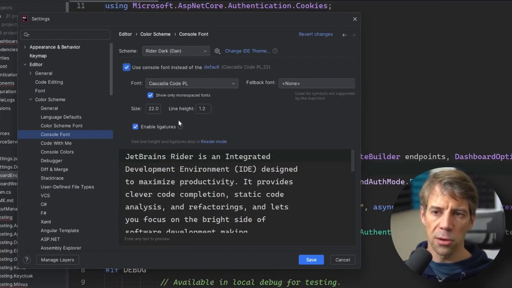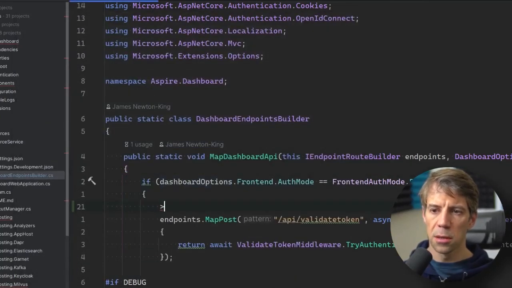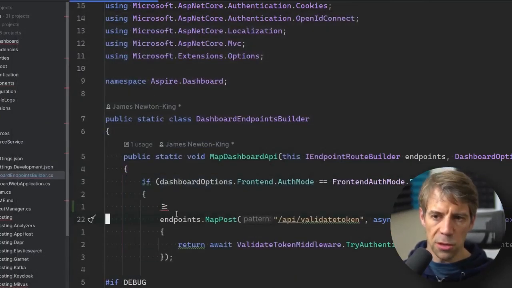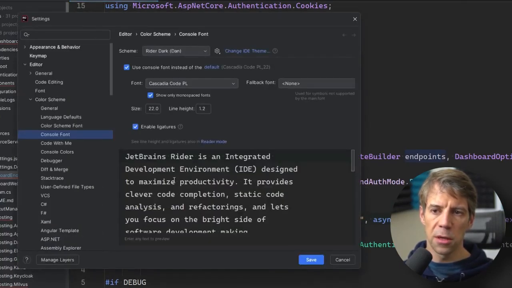And you've also got this option, enable ligatures. So what that does, I don't think Cascadia Code supports it. Let's just try it. So it does for some. So see how that's made it a single character when I did greater than or equal to. Then that's called a ligature. So that's what that setting does. So if I do that and turn it off,